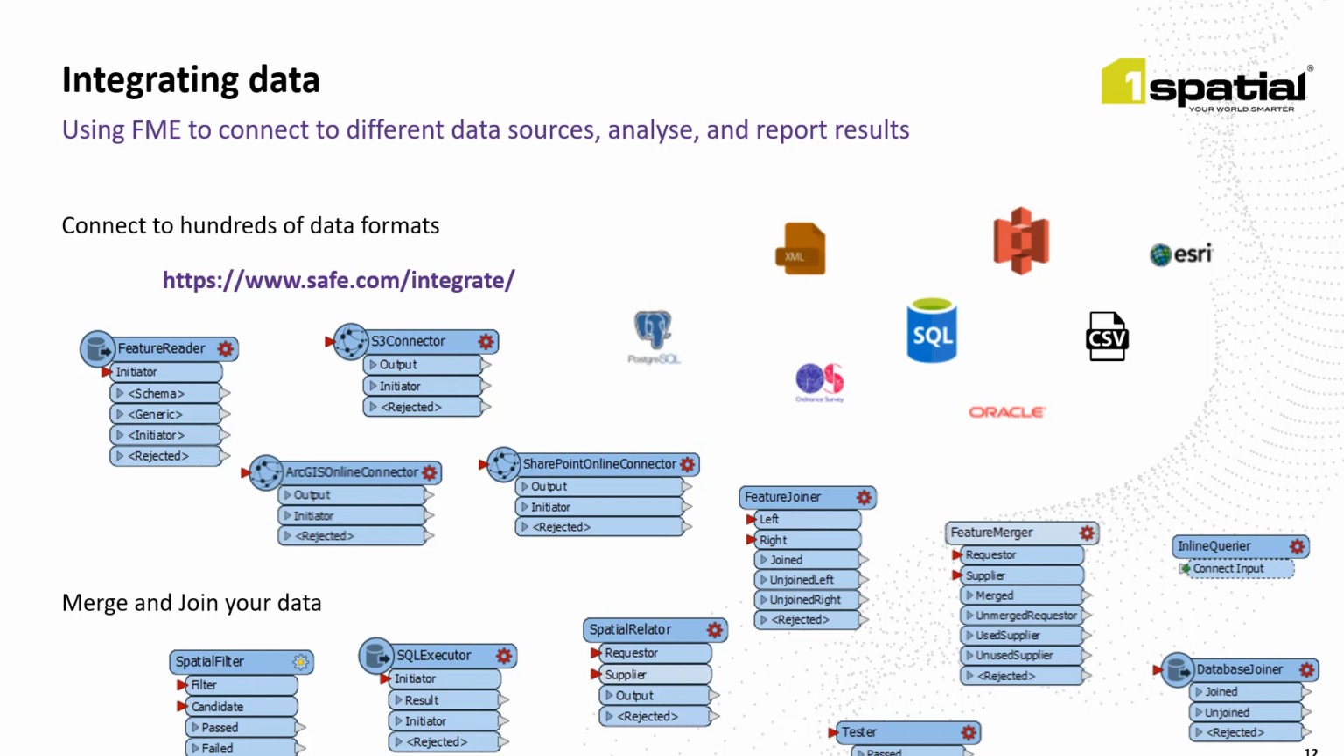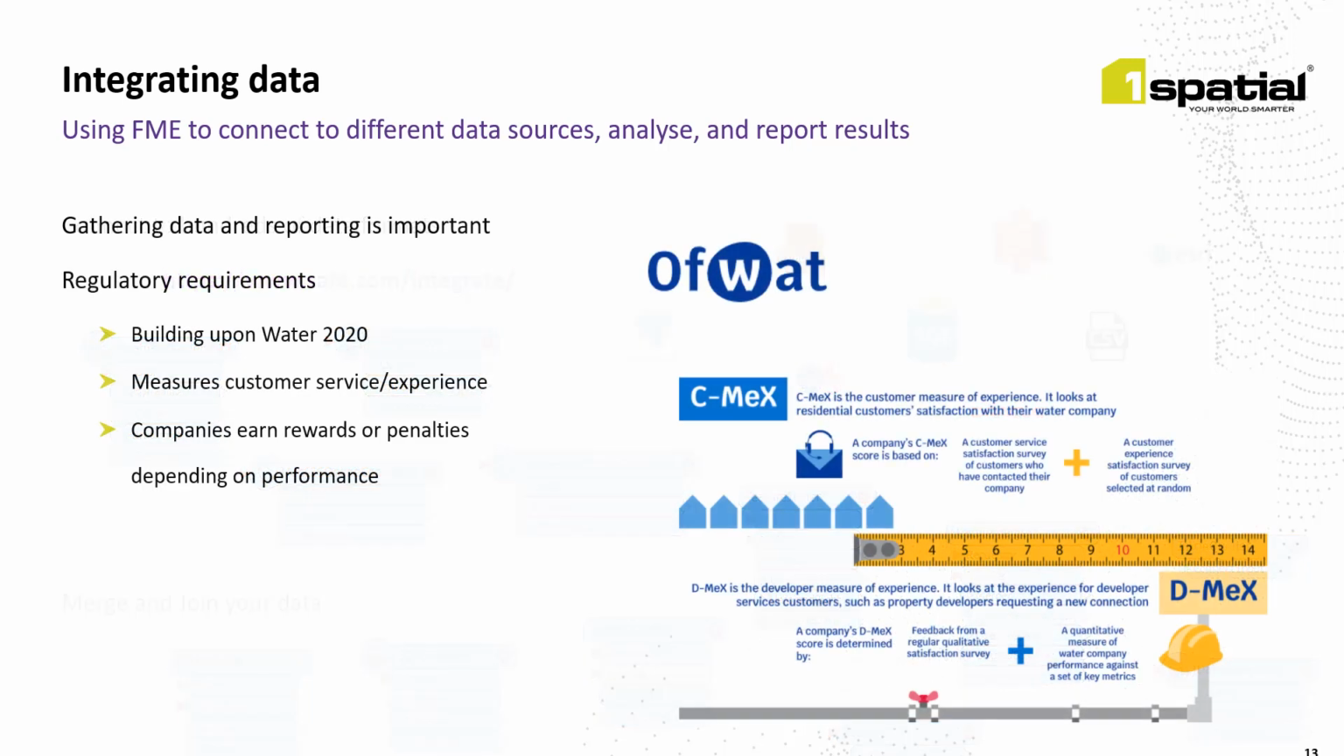So, really useful if SQL is your preferred tool. And transformers like the spatial relator enable you to perform spatial joins, so based on relative locations. So there are lots of options available, and what works best really depends on your particular data scenarios and challenges. And having this ability to pull together data from numerous disparate sources is extremely important, not just operationally, but if we think of some of the regulatory requirements from like Ofwat,